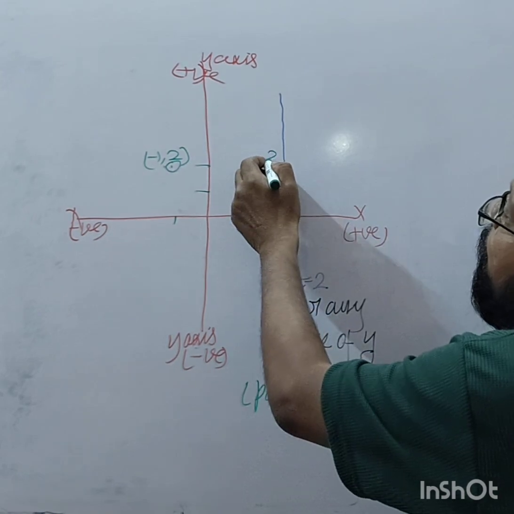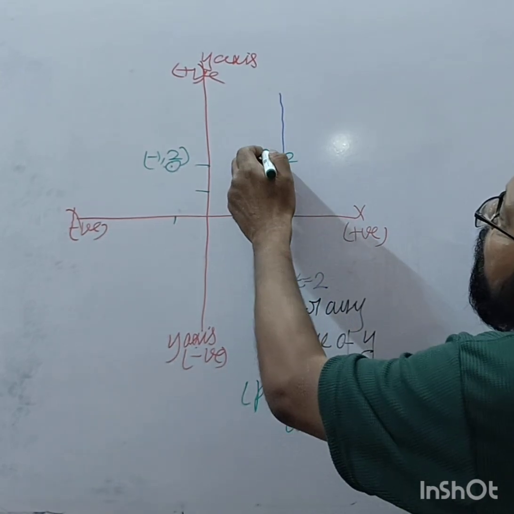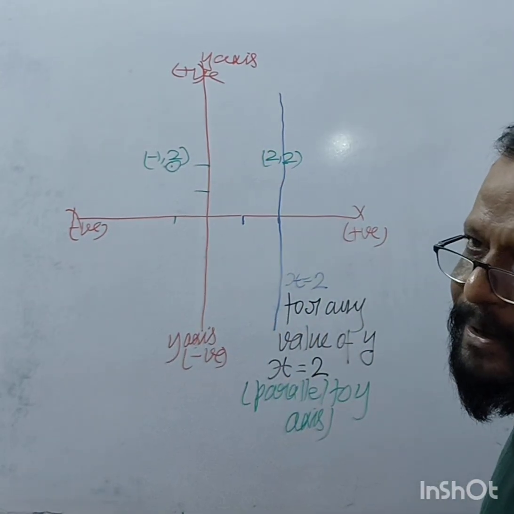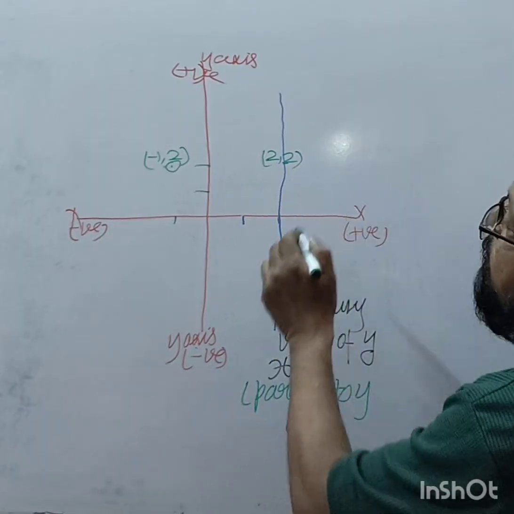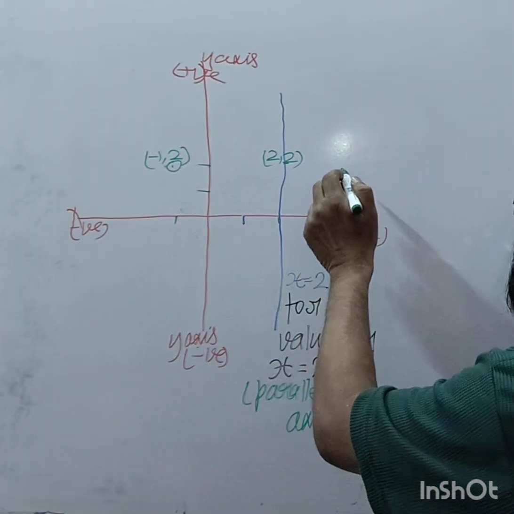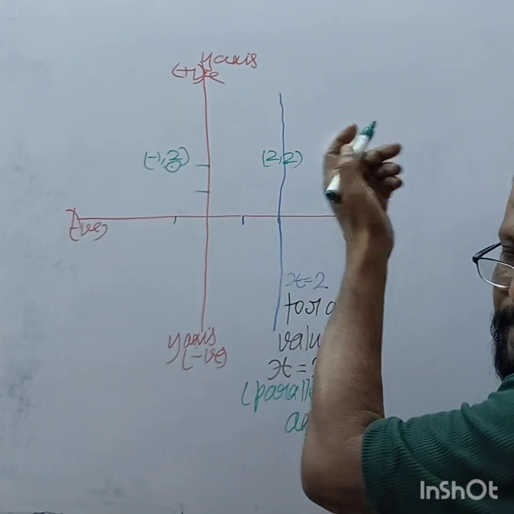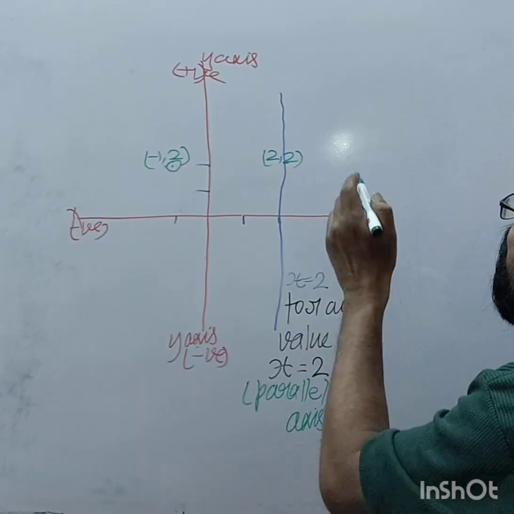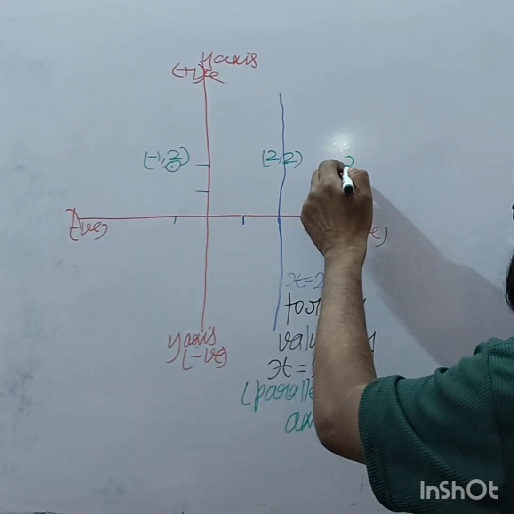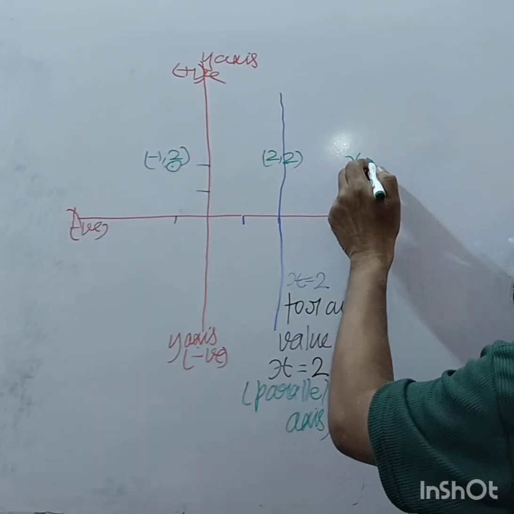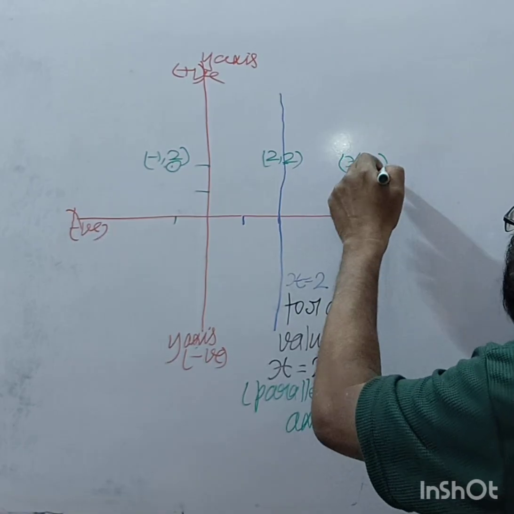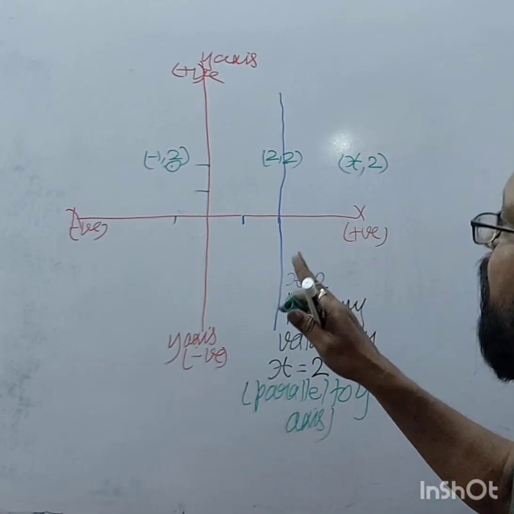its coordinates become 2, 2, right? When it is through the y-axis, y remains the same, so x we have to find, and y becomes 2, y will remain 2.